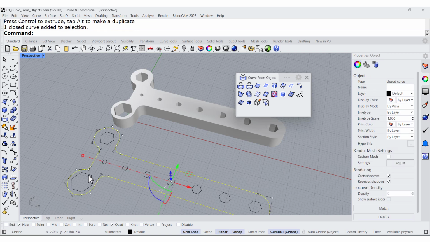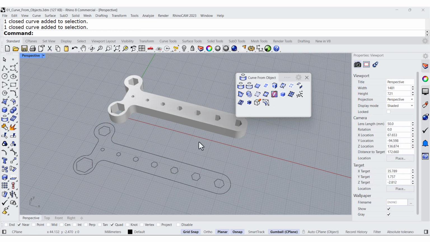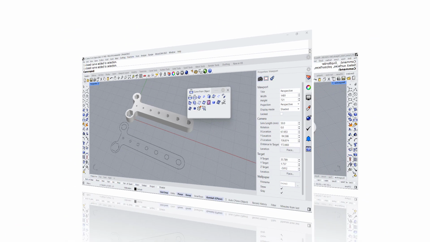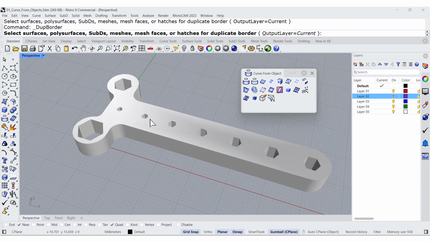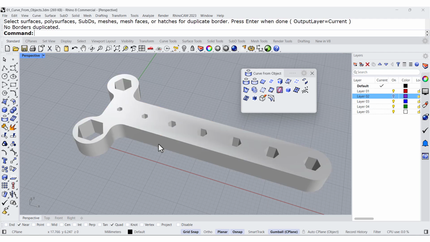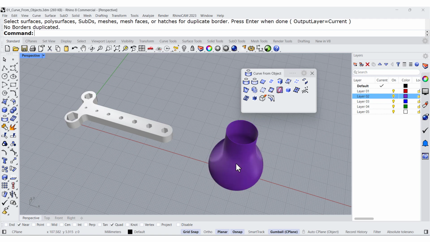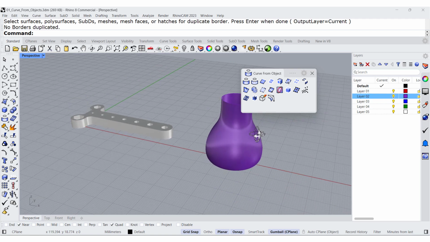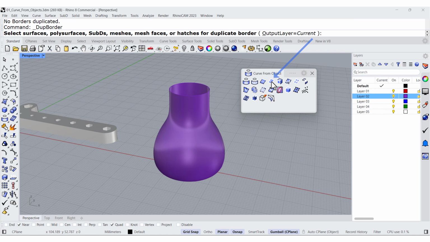And this is closed, and every single one of those polygons are closed. So be aware that if we select duplicate border and we select a solid, press enter, nothing is going to happen. That's why I have this open surface over here, or poly open surface, and we can select, look what